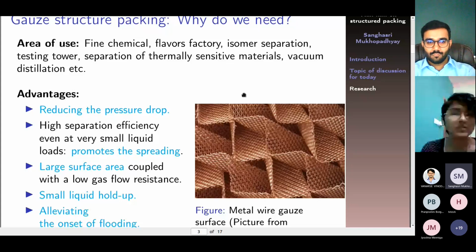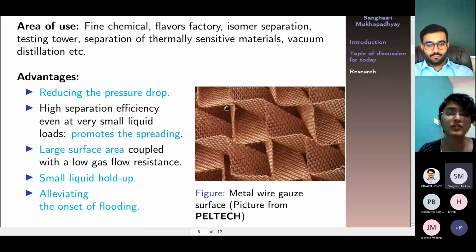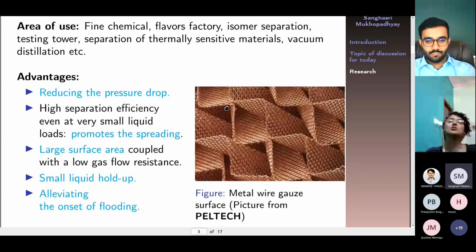The complex structure of these packings assures that they reduce the pressure drop, and they promote the spreading because of their porous nature or their actual orientation. They also give the large surface area that I already mentioned, and they reduce the possibility of flooding because of their porous nature. These are the main advantages we get with the structured packing, and that's why we are more interested to see how the different